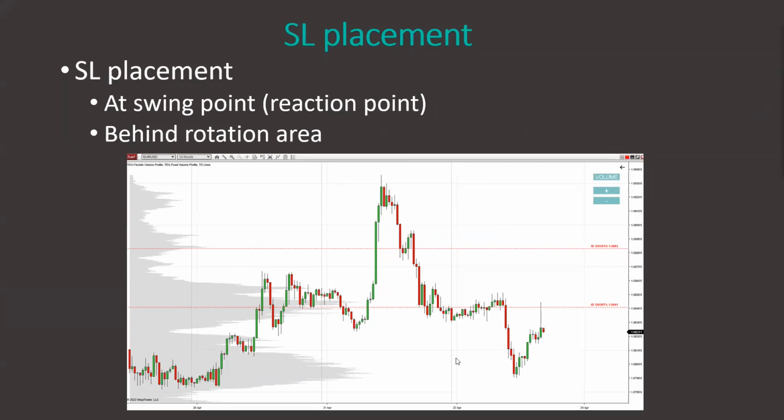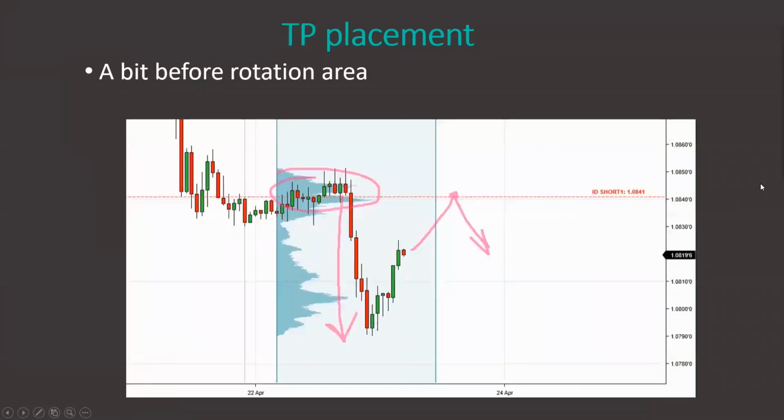There's actually another method, and it sort of aligns with what I'm showing you here. It's called volume-based take profit and stop loss, and you can learn about that in the book, which I'm going to give you at the end of the webinar. That's my preferred method. So yeah, that was the stop loss placement. Let's now talk about take profit placement.